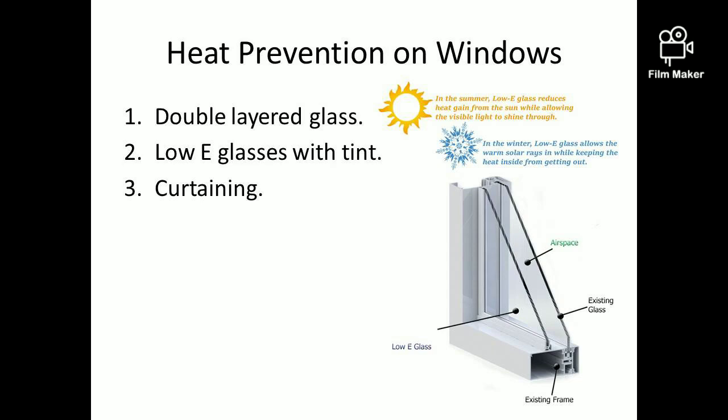The next way to prevent energy loss is through windows. The first technique is double layered glass. If you use double layered glass, the same thing happens as what we discussed about double layered walls. Since the air is trapped in between this double layered glass, some part of the energy cannot travel very easily